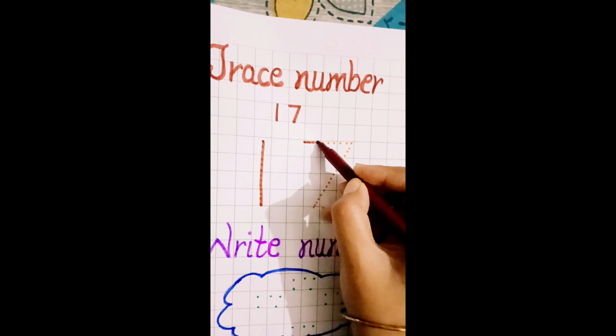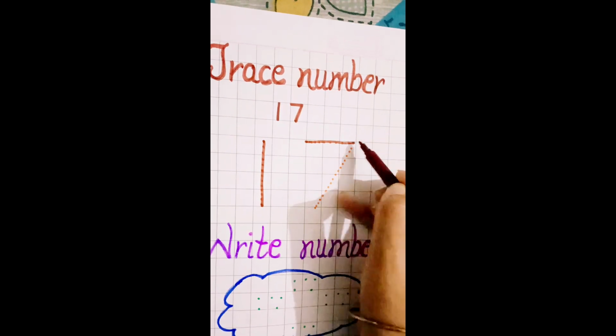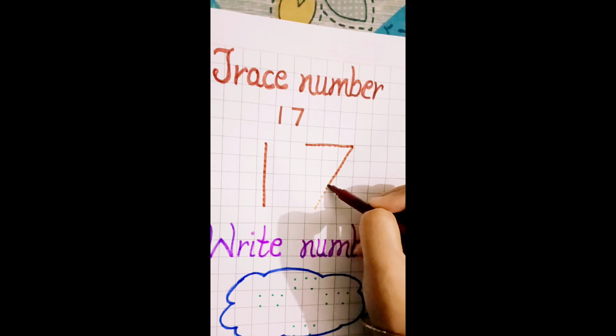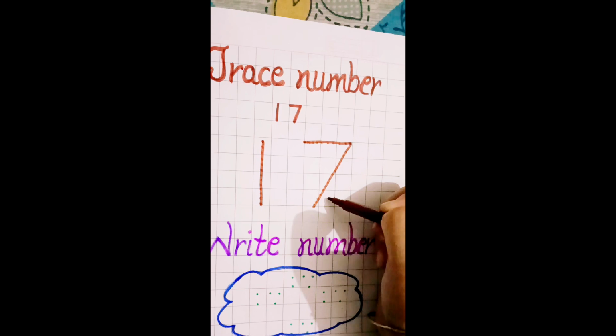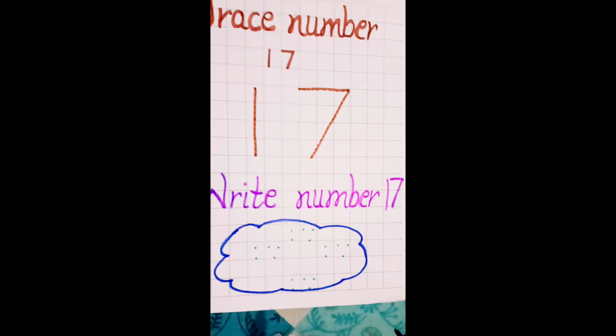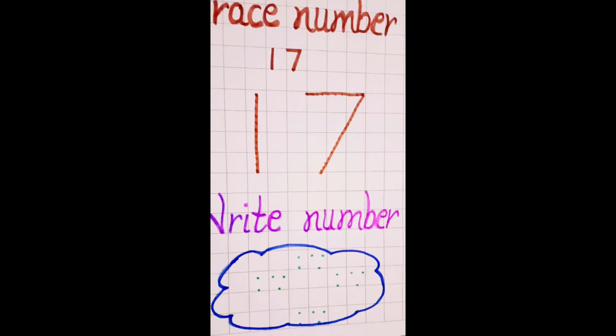Draw a sleeping line and join the dots. Now again join the dots and draw a slanting line. Number 7. 1, 7, 17. Now right here